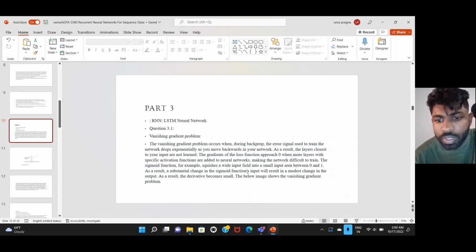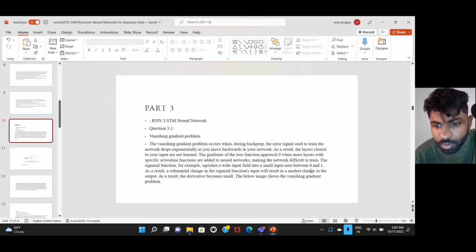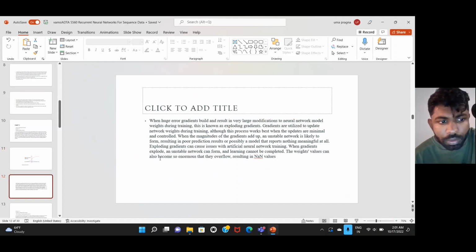As a result, the derivative becomes small, so you can see the blue line, which is the derivative. When the error gradient builds up and